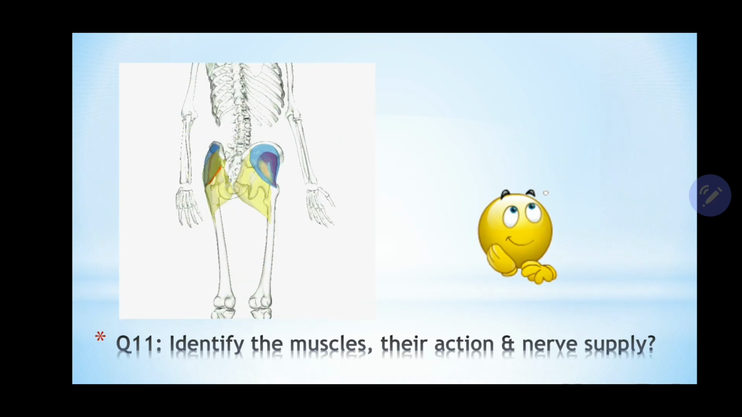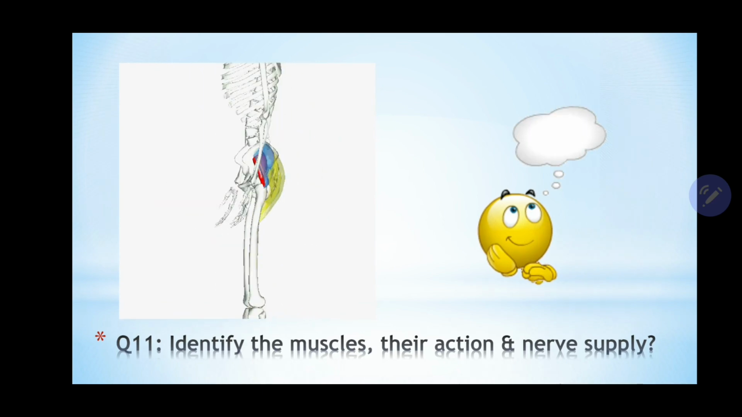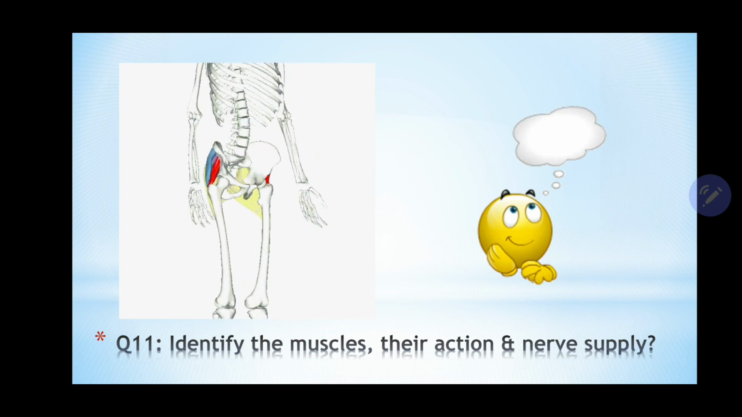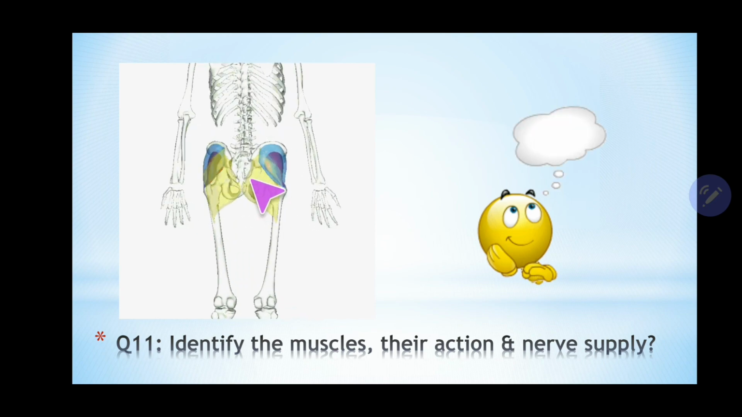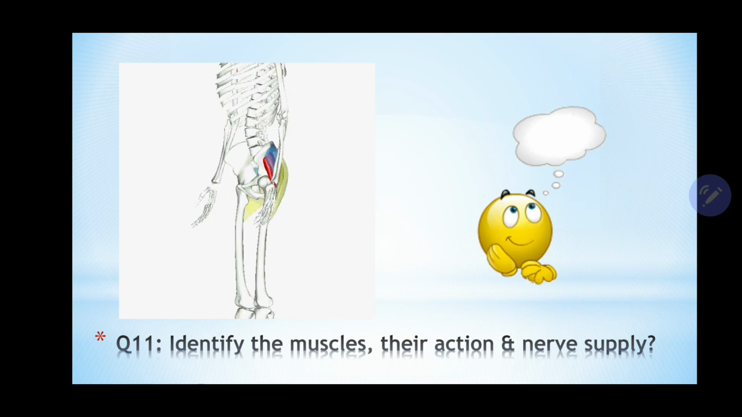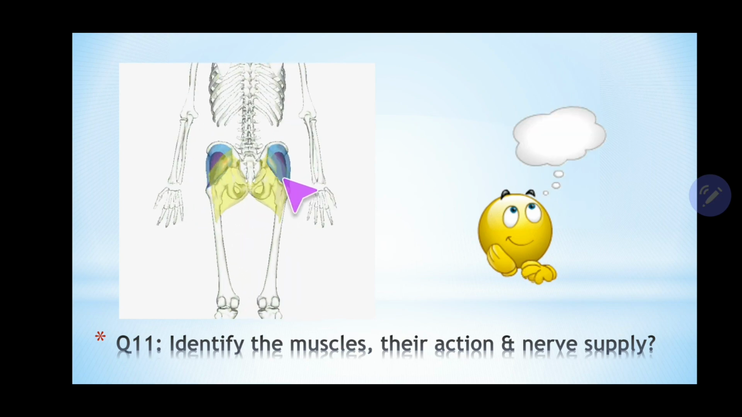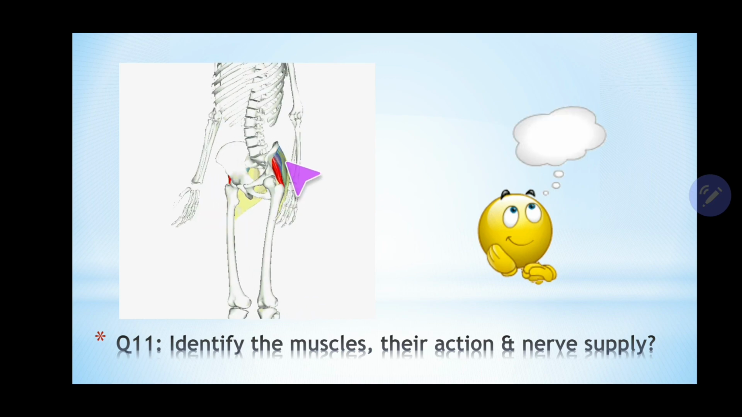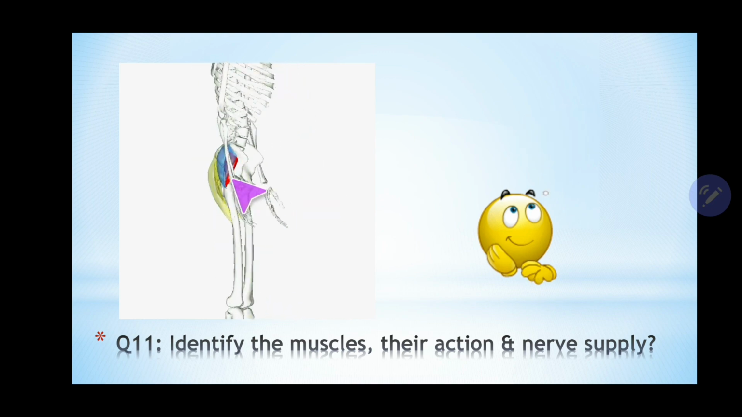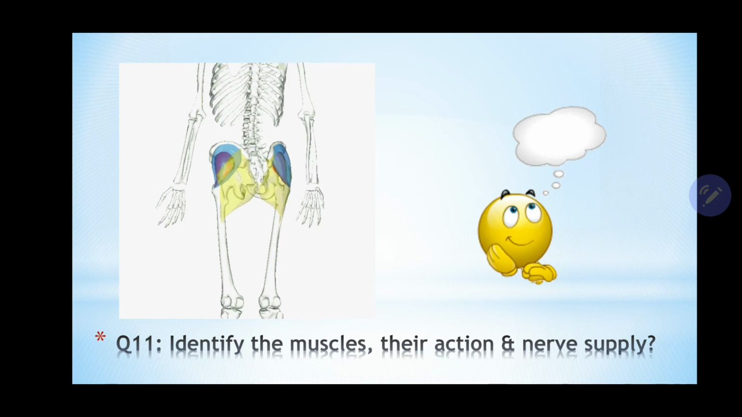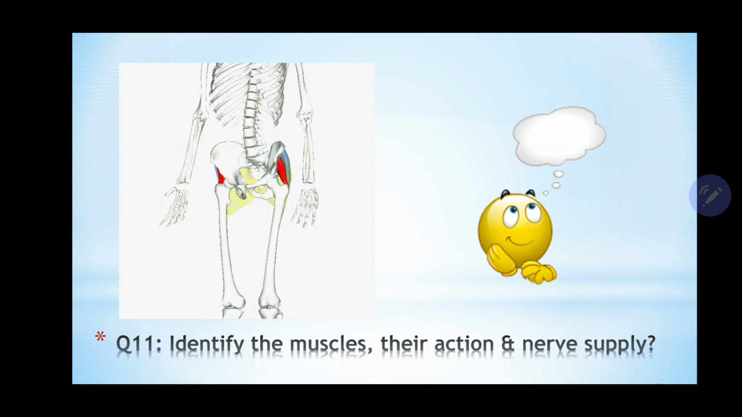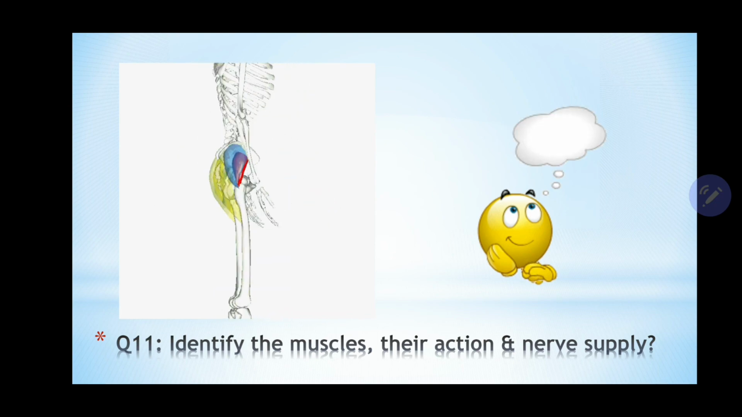Okay, so in this diagram they have shown you the three gluteal muscles altogether. You can see the yellow one is the gluteus maximus. Deep below that is the blue colored muscle, that is gluteus medius, and deep to gluteus medius the red one is gluteus minimus. Okay, so layer by layer dissection, if you see, when you remove the superficial and deep